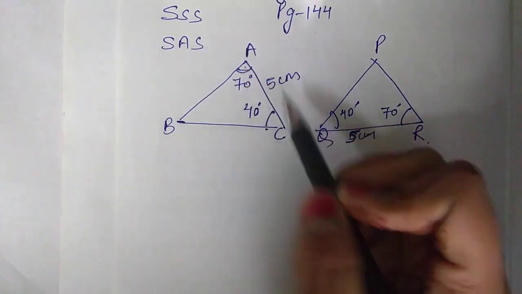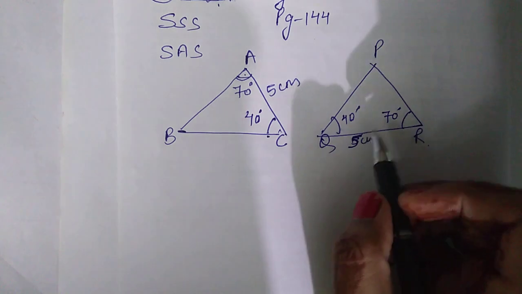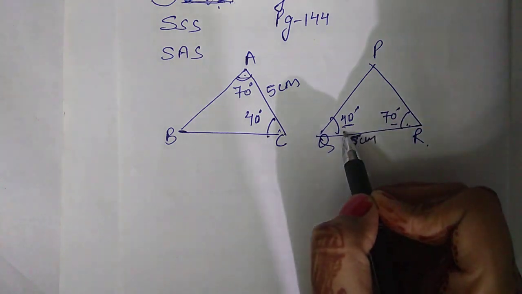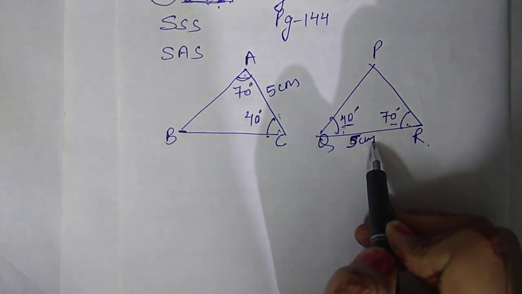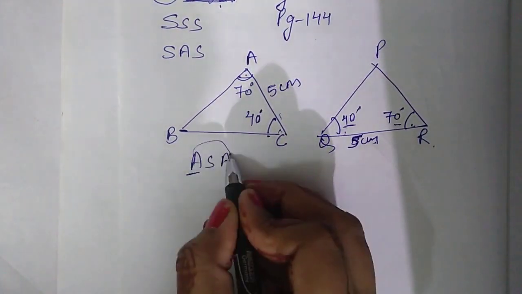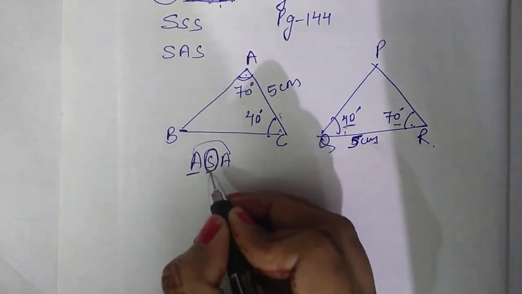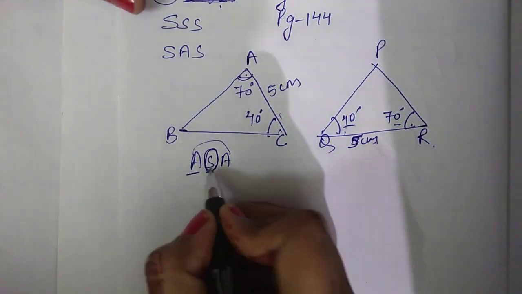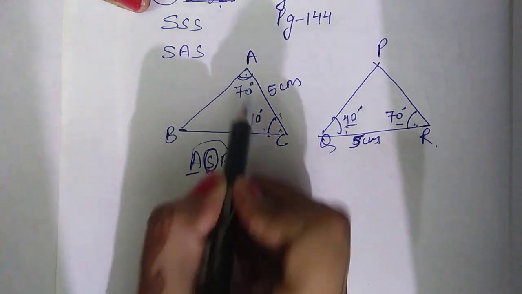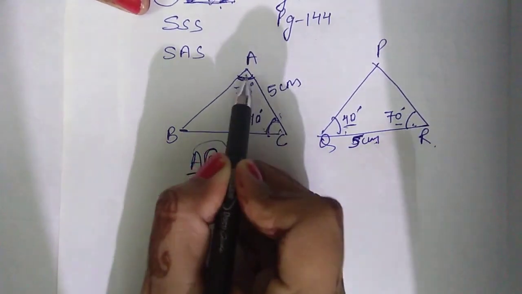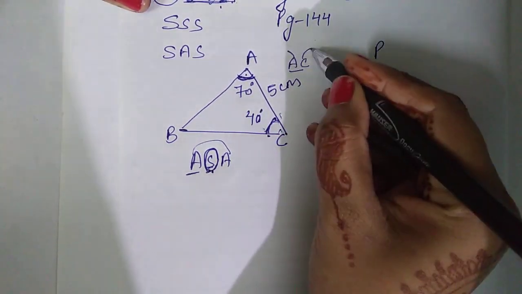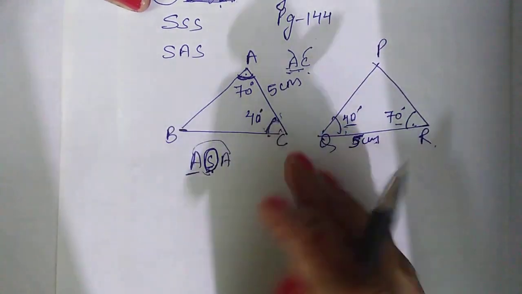In this, angle A is 70 and angle C is 40 degrees, and in this triangle we have angle R is 70 degrees and angle Q is 40 degrees. Okay, and these two sides are given. Now the ASA congruence rule: two angles and the included side. Here the side must be included, that is, the side must be bounded by the two given angles. These are the angles at vertices A and C. So the side must be AC, because at both vertices we have the angle, so the included side is AC.